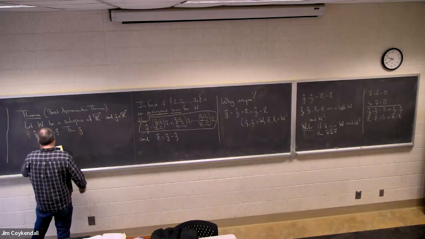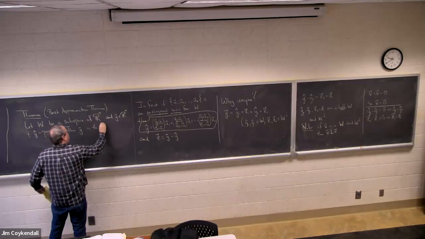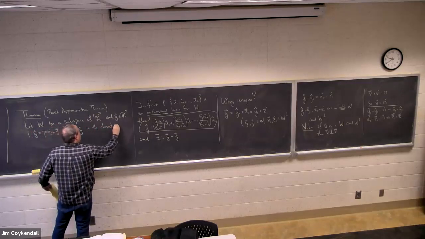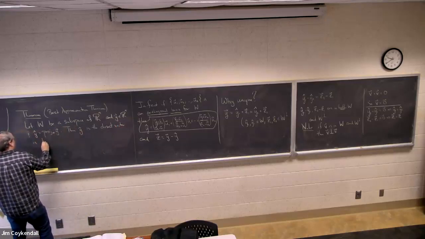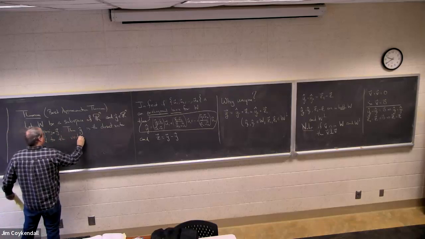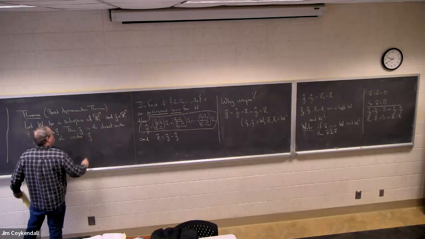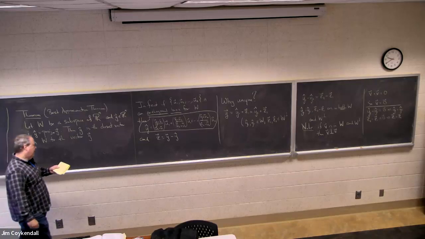Then y hat is the closest vector in W to the vector y. So this projection vector is the vector in the subspace W that is as close as possible to y. That is,